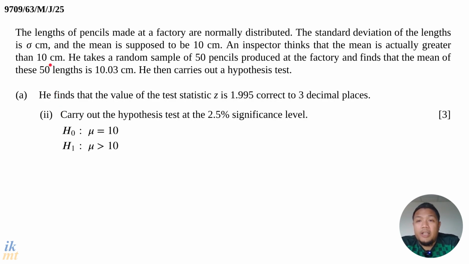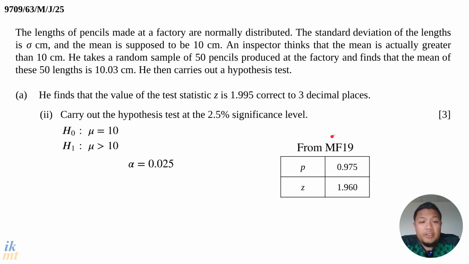We want to test if it has increased, right? Greater than 10. So we set our mu larger than 10. So this is our alternative hypothesis, and this is going to be a one-tail test. So our alpha value is 0.025, and since this is a one-tail test, we can refer directly to